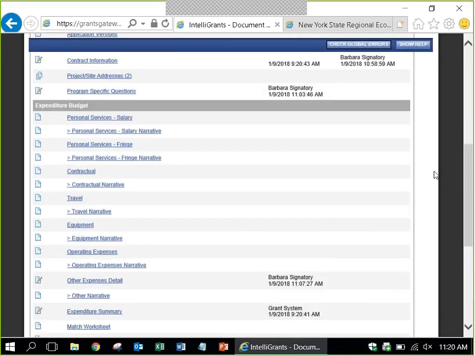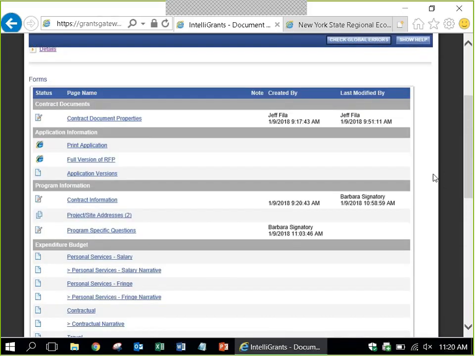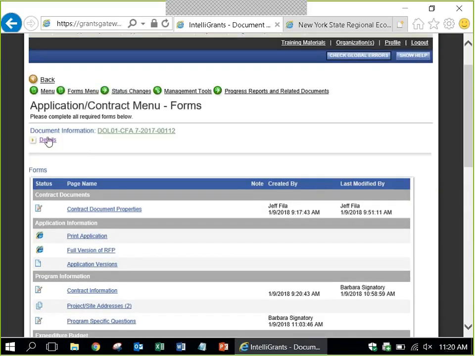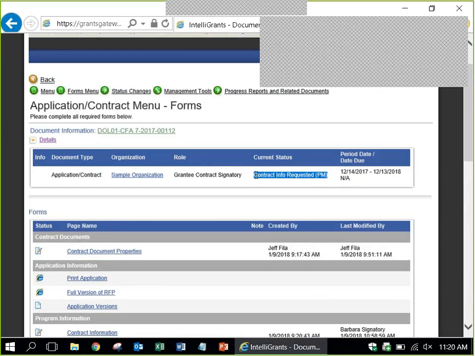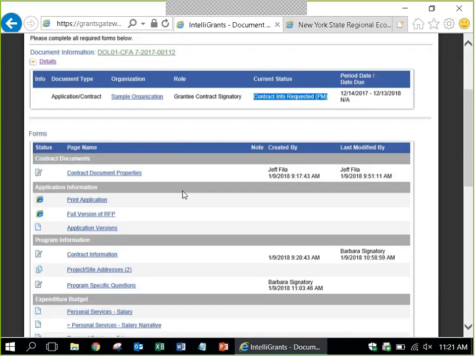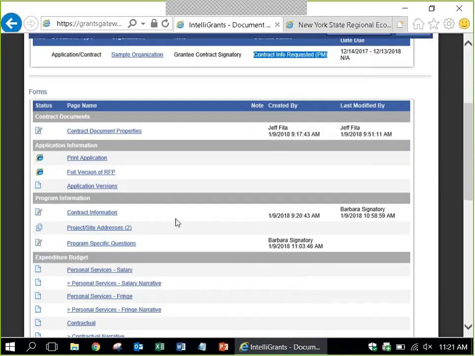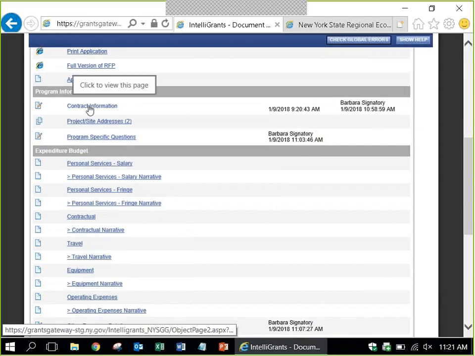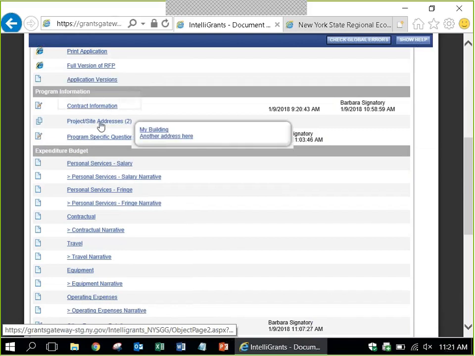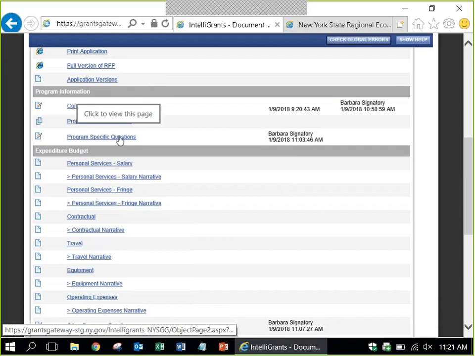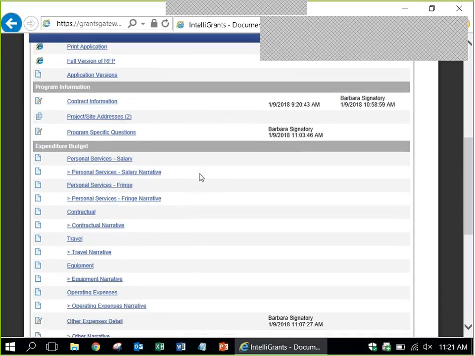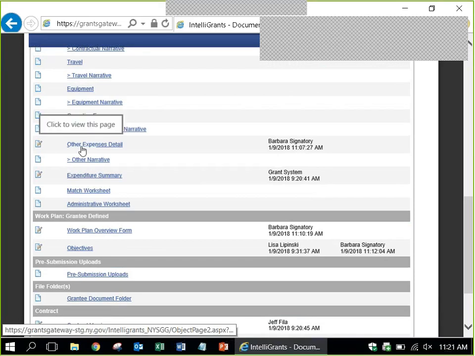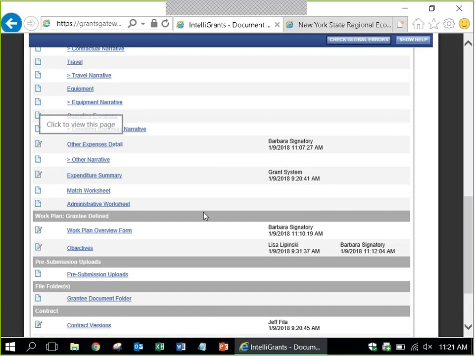So let's just point out a couple other things. Let's refresh here. We went in, we searched for the contract. It was in the right status of contract info requested, which allows you to make edits. The edits I made was I saved my address, which are my mailing addresses, which you'll see in the contract. I entered in my actual project addresses. I answered that one question, are we pre-qualified? I filled out my other expenses, which was $98,500,